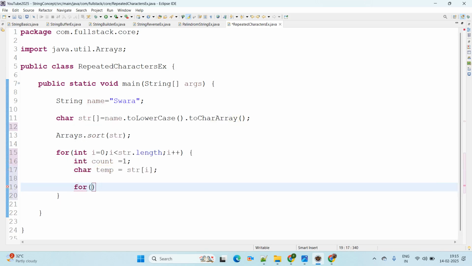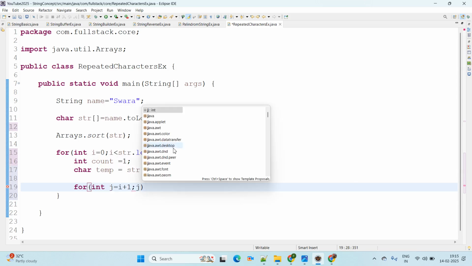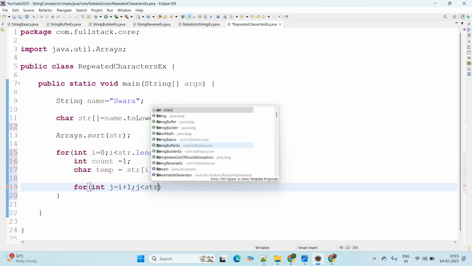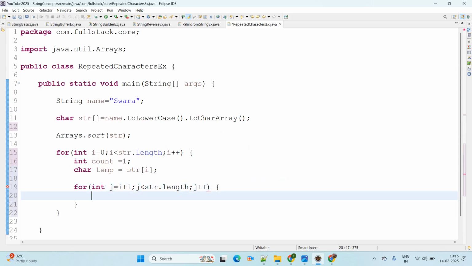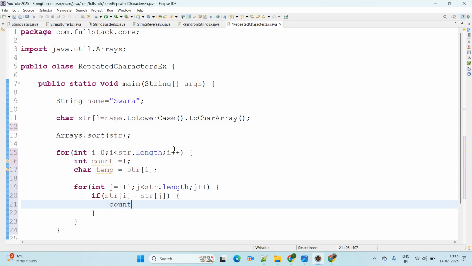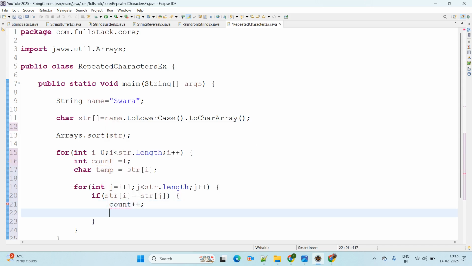Now one more for loop we are adding here, the nested for loop. Integer j equal to i plus 1, then j is less than str.length, and here we are adding j++. Here is the condition: if str of i equals str of j, if both are matched, then definitely we go ahead with count++. It means this is a repeated character, and we are incrementing the value of i